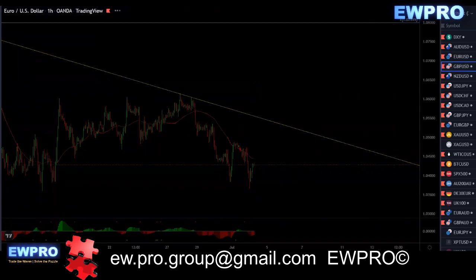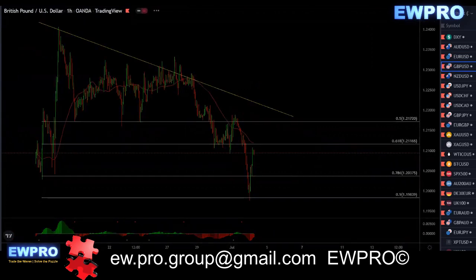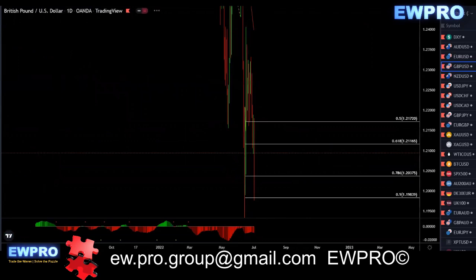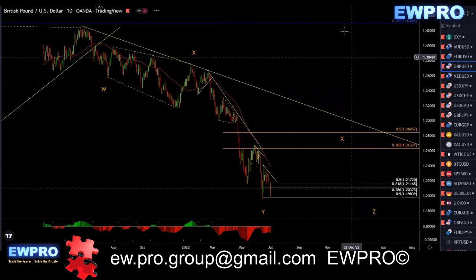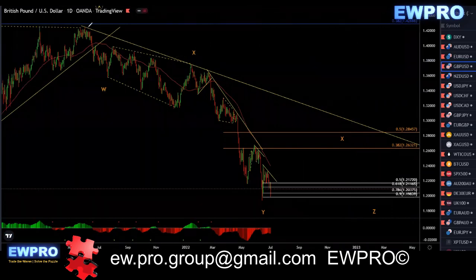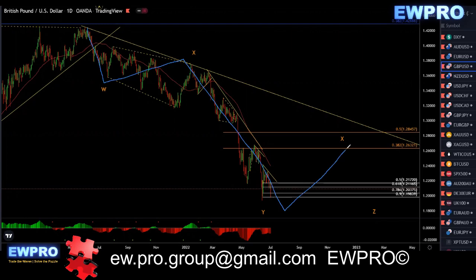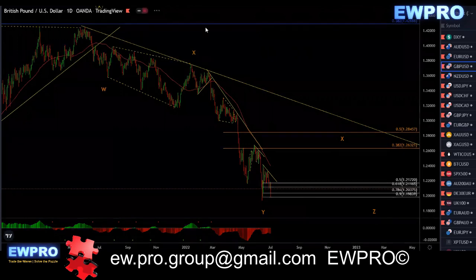GU on the daily. So we're looking at that WX still in this wave Y. Then we'll be looking for that X2 up to 38.2 and then the Z down. On the H4,